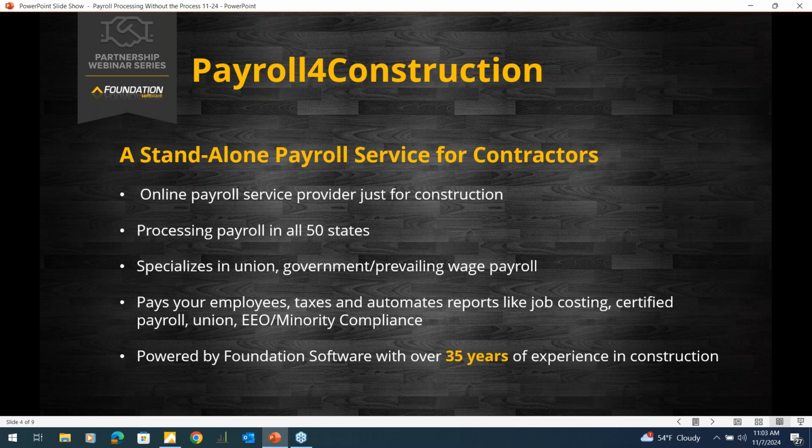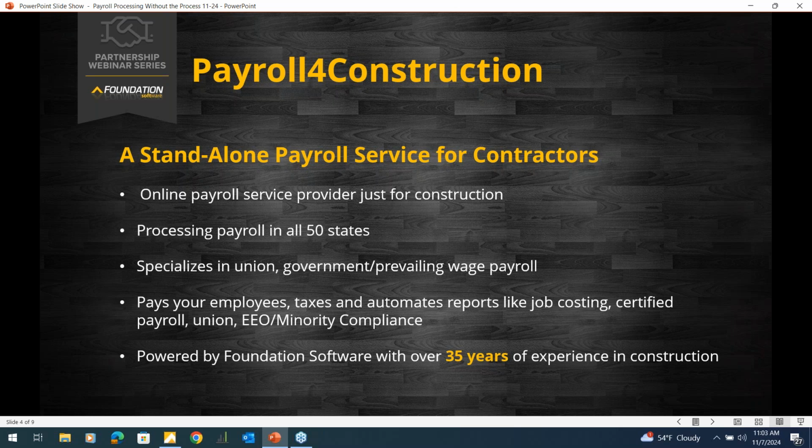So whether you're a contractor whose business, employees, and work all reside in one state, we've got you covered. If you're a contractor with employees or jobs spread across multiple states, things can get even messier with payroll because you're not just keeping up with one state's tax law. These things change. We're seeing a lot of states implement city or county taxes. There's paid family medical leave, which again becomes a lot to manage and track, especially as most of the people that come to us